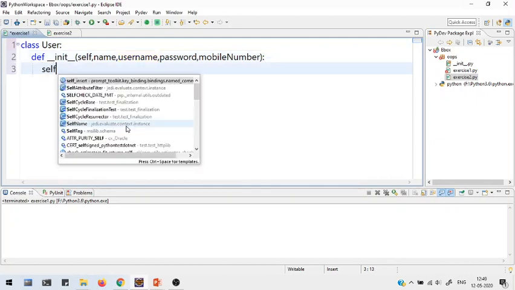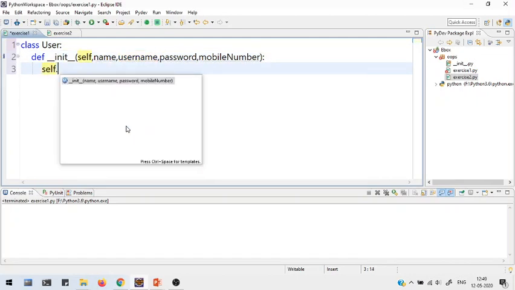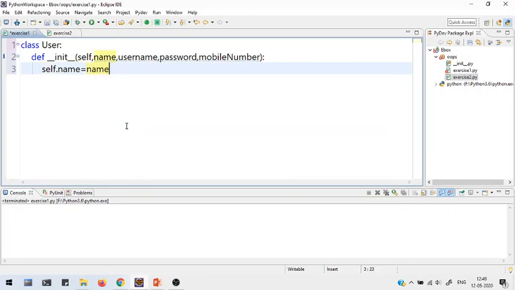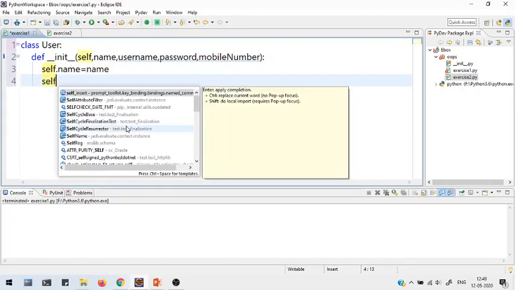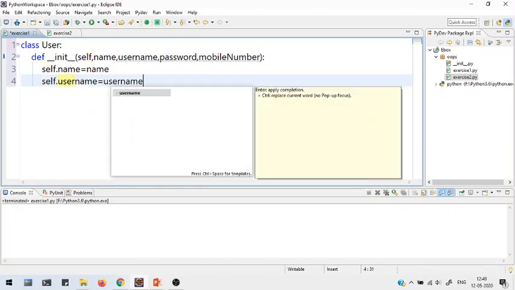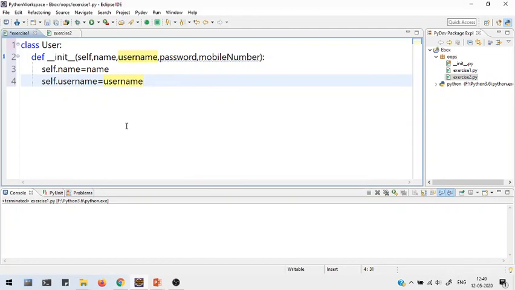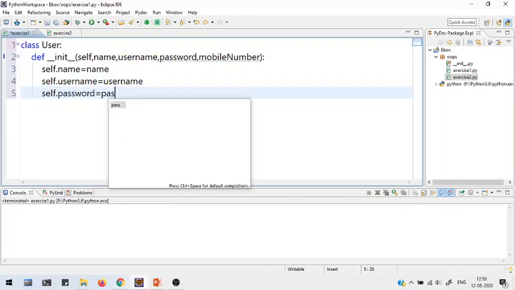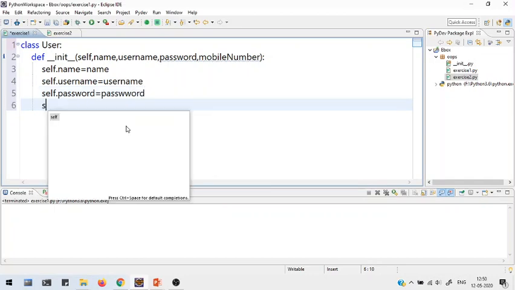Now we have to initialize them. So self dot name, it represents the attributes of a class. Self dot username is equal to the username parameter. Self dot password, the password.